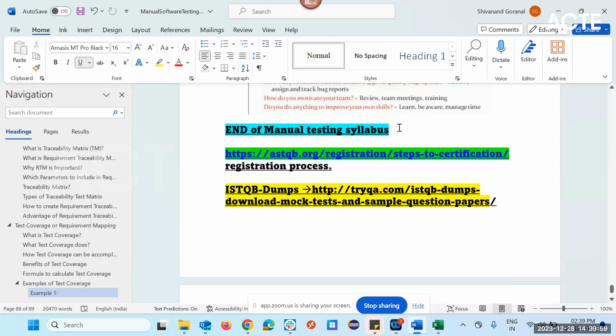Can I get the notes at a time in one part? That is my plan. So once this course is complete, the entire one, because it is very difficult for you to go